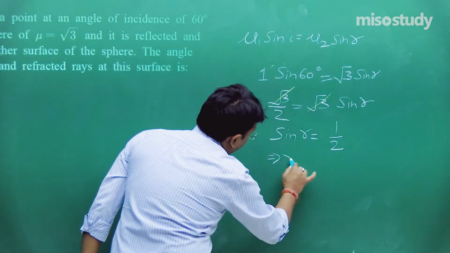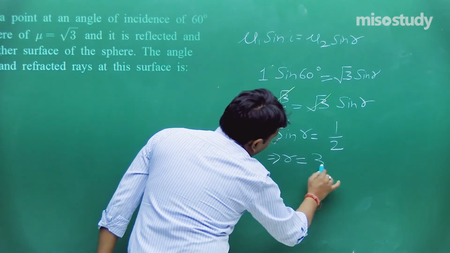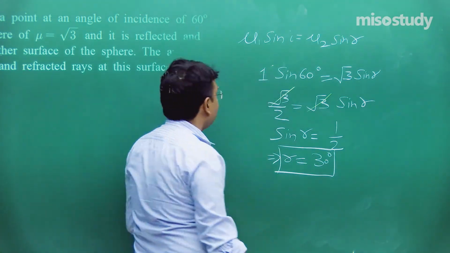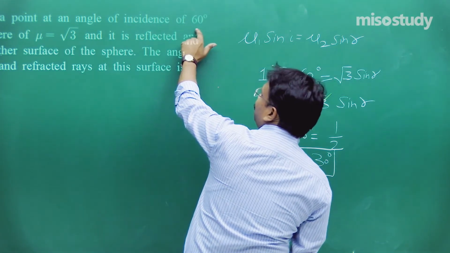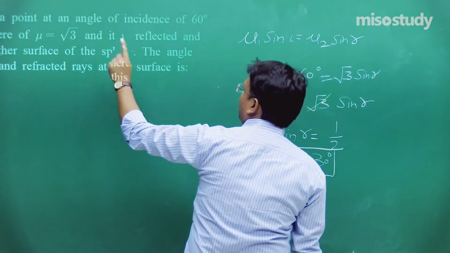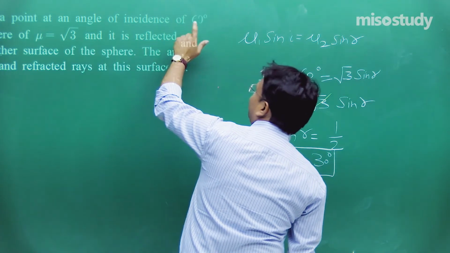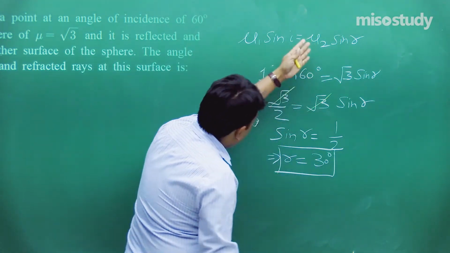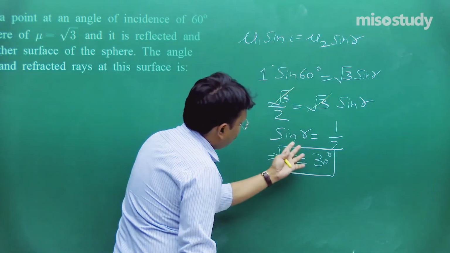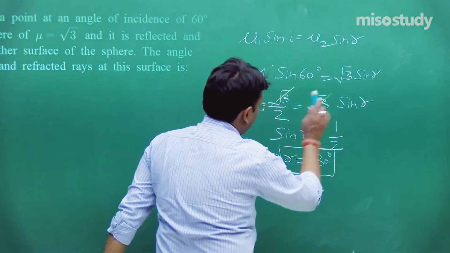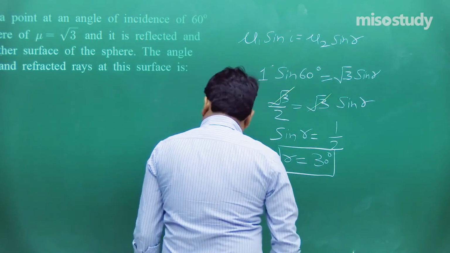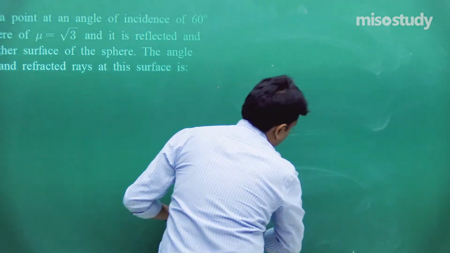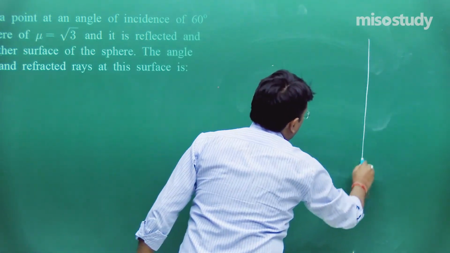So from here I am writing r is equal to 30 degree. A clever student just by watching this value directly says, sir, angle r is going to be 30 because 90 minus 60 will give 30. But here is the formula, I used the formula and then I calculated the values. Ultimately, finally what is required over here? That is a very simple result. I will just show you the diagram also.